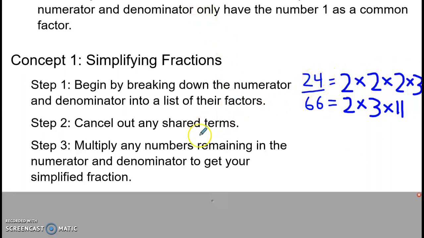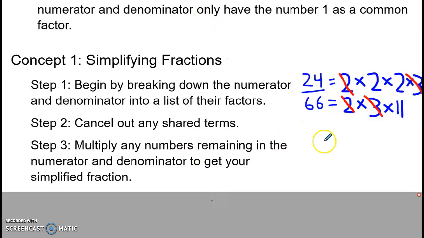Now I'm going to cancel out shared terms. So any of these numbers that match, I'm going to cancel them out. But I can only cancel one number from the top with one number from the bottom. I can't say, oh, this one has a 2, so all these 2's cancel. I only get to cancel one 2 from each number. And then I see that I have 3's in common, so I'll cancel out a 3 from each number. I don't have any more numbers in common, so I know that I'm done canceling out terms,